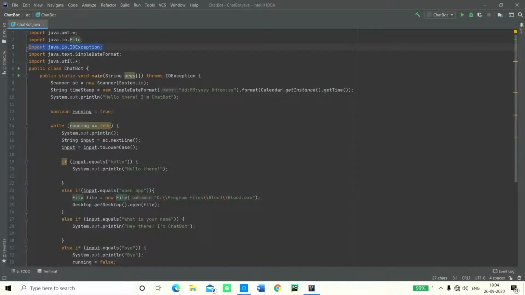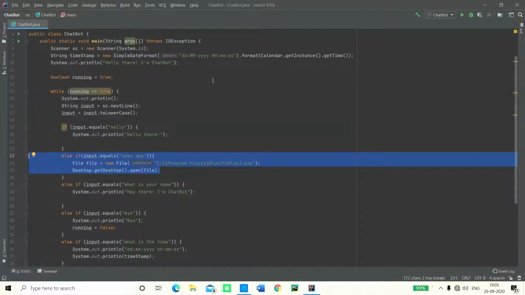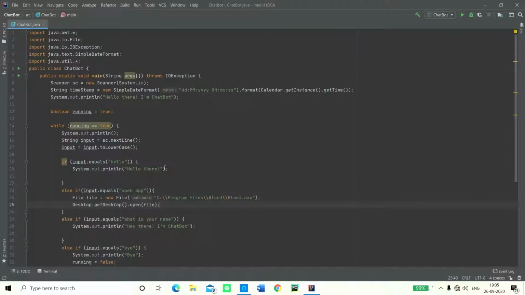So now what is java.io.IOException? IOException is basically for the try and catch method. There are certain times when this line of code may not work. I repeat, certain times. If you're copying or following the steps exactly like how I am doing it, or something really similar to that, this is going to work for you. But if you're trying a different method, which is absolutely fine, it's going to be better for you to understand, IOException comes in really handy because it tries the method.